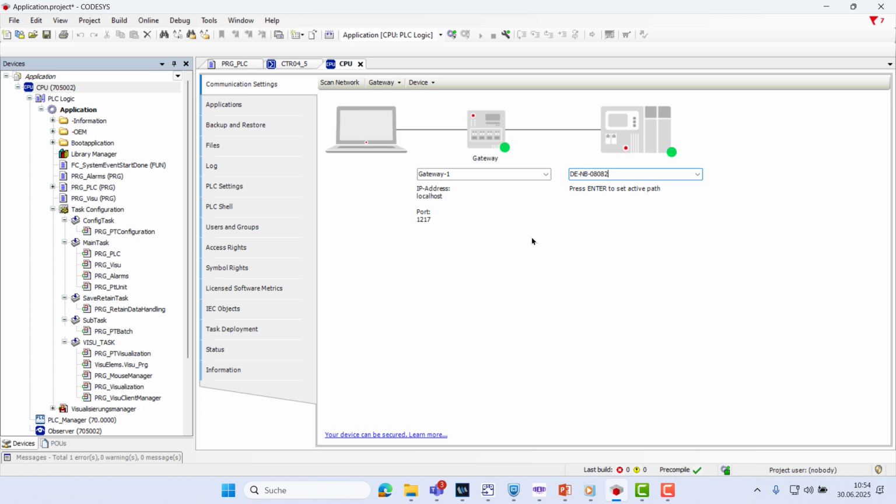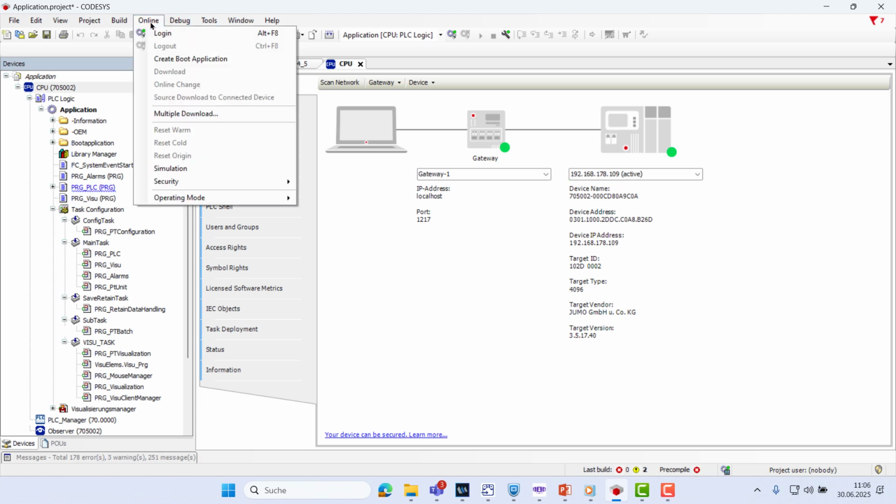When I want to connect to the CPU from my project for the first time, the window for the CPU opens. Here I have to specify the CPU to which the CODESYS application is to be transferred. I can try to display the CPU via a scan and then select it. Alternatively, I can enter the IP address of my CPU here. I can read the address out via the variTRON 500 display. After pressing return, I make this connection the active connection and I will use it for my project from now on. I log into the CPU,